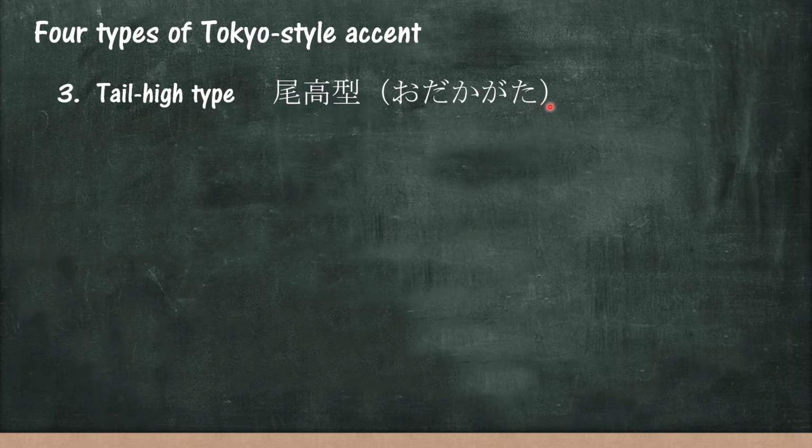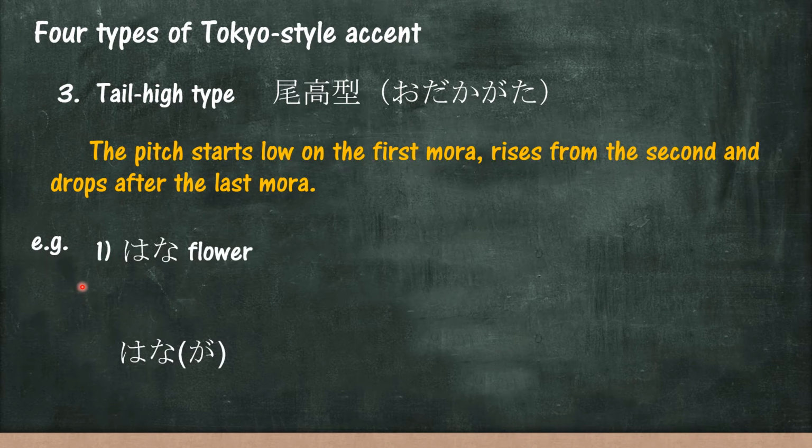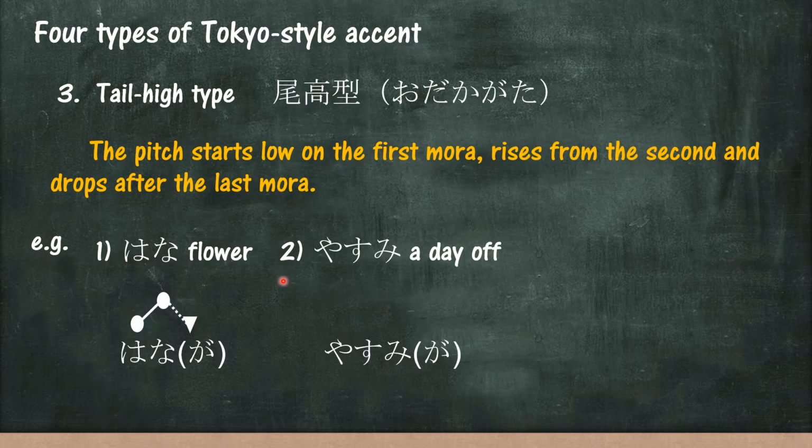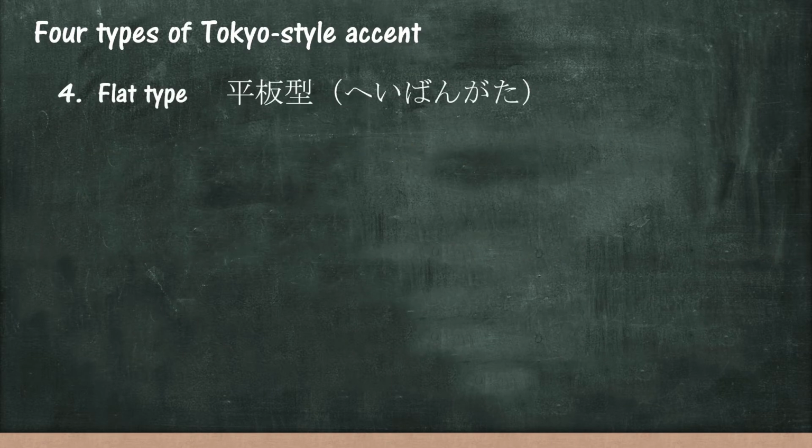Number three, tail high type, 尾高型 in Japanese. The pitch starts low on the first mora, rises from the second, and drops after the last mora. Let's look at some examples. 1. Flower. 花、花。花が、花が。Number two, a day off. 休み、休み。休みが、休みが。Number three, younger brother. 弟、弟。弟が、弟が。